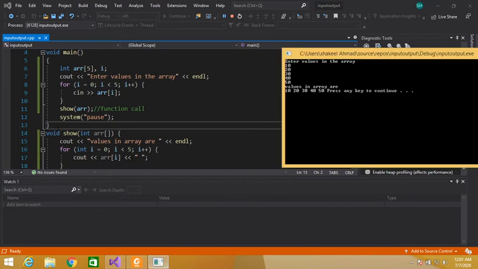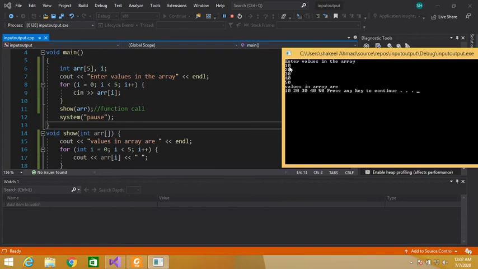When the control comes here to the show function call, the control will jump to the function definition over here, and here we are printing cout values in array are. Then we are looping through the array: i is equal to 0, i is less than 5, yes, 0 is less than 5, so cout ar of 0 means the value at index 0 will be printed.